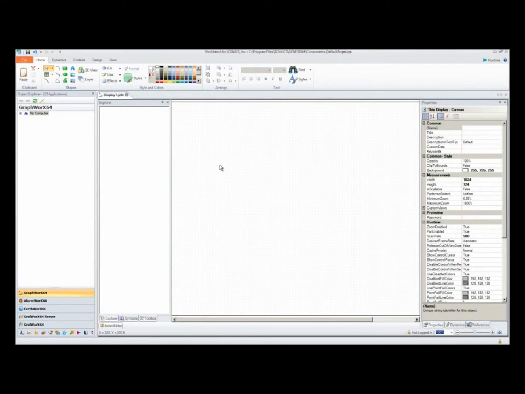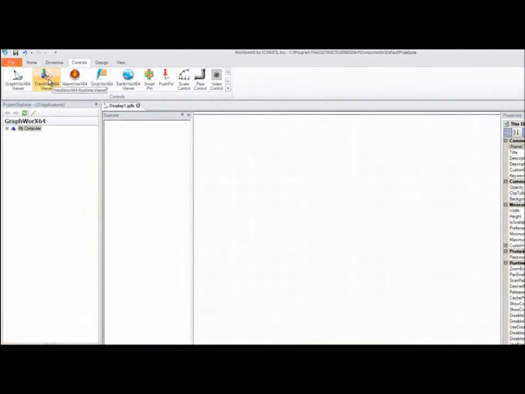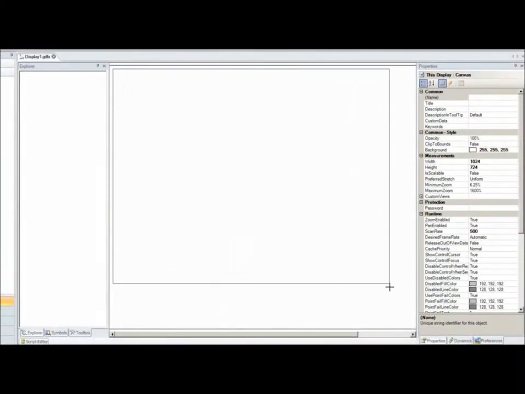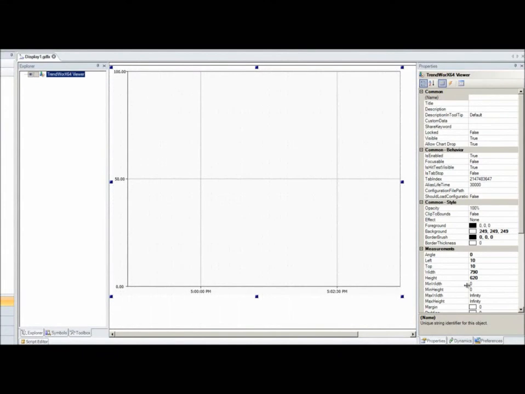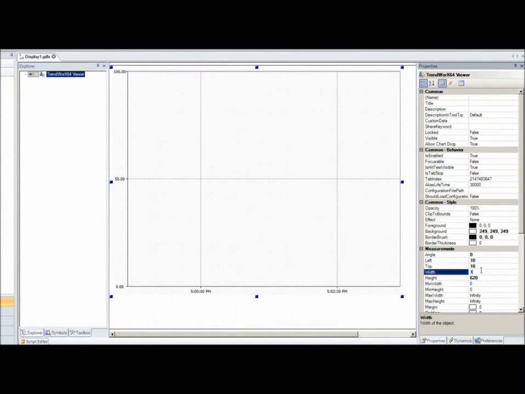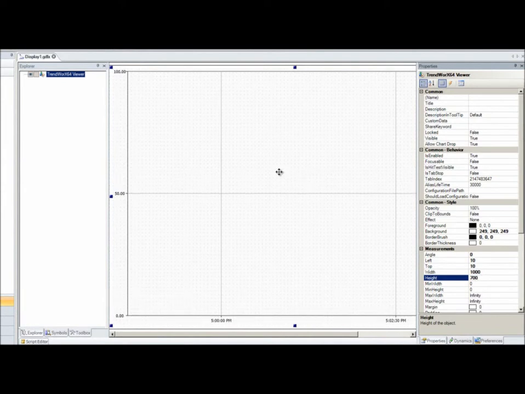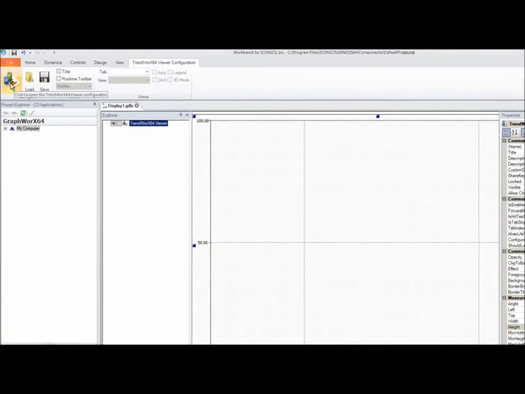For this example, let's have an empty display. Go to Controls, select the TrendWorX Viewer, and create a window as big as possible in your new display. In my example, I have a width of 1000 and a height of 700. Once I did this, select the control, go to Configure,